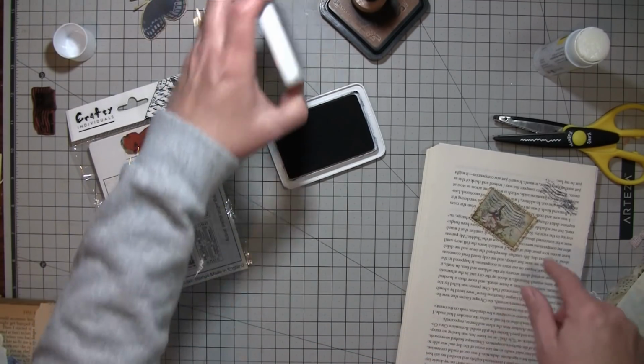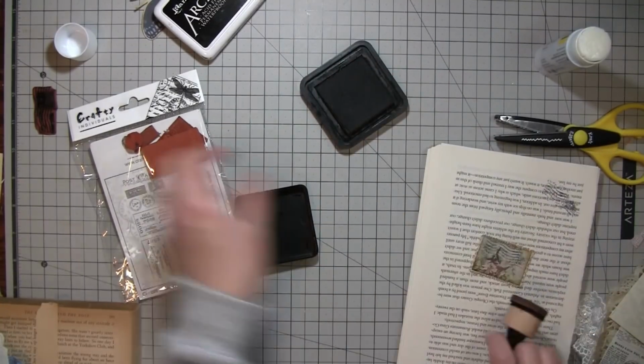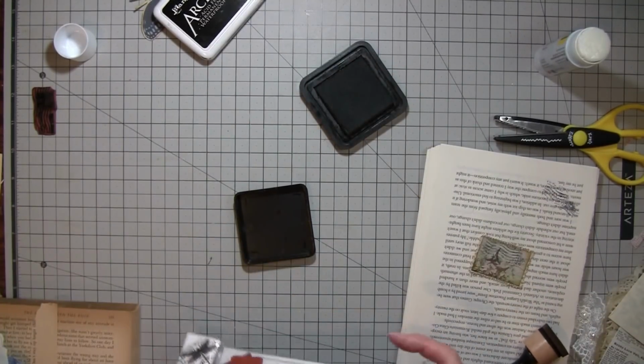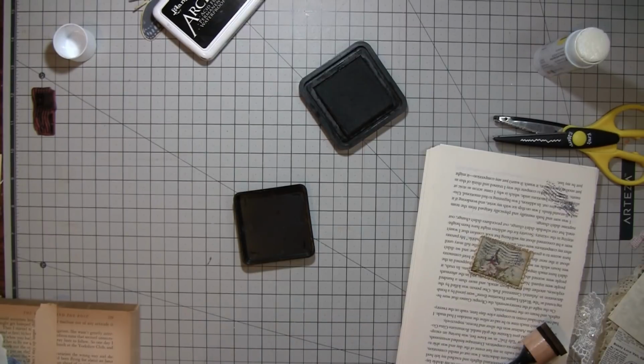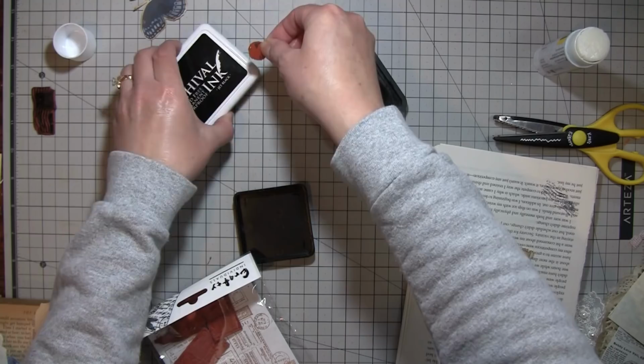Try not to go straight through the bird there. Got one of these round ones too. I think I might stamp it with that. I don't know what it is, but